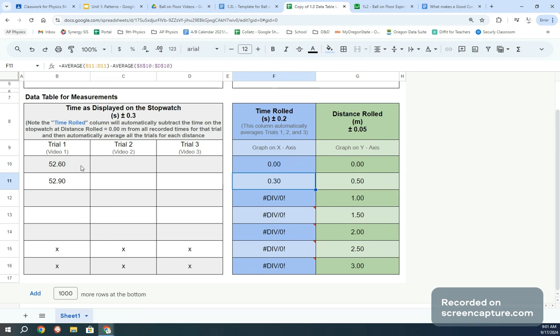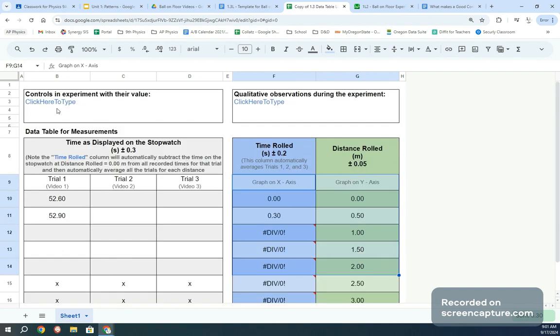Now, before I move on, I just wanted to remind you guys, yes, you are filling in these 3 trials. And yes, this is what you're going to be graphing, right? It says graph on x-axis, graph on y-axis. So this is what's going to go into Desmos. But before you do that, we want to make sure that we don't forget about the controls and qualitative data